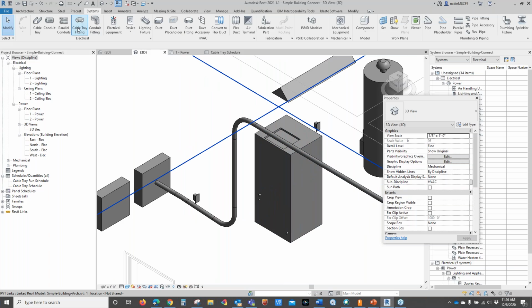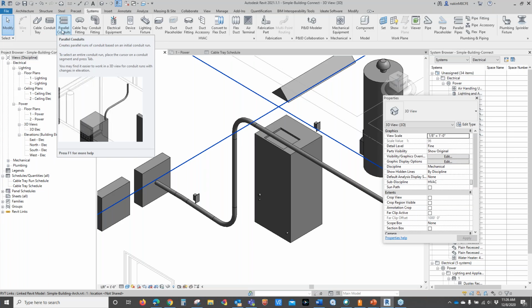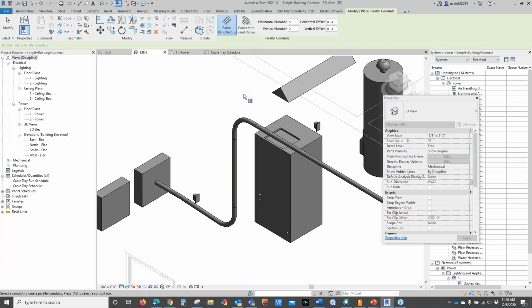And so on the conduit tools, okay, you got the conduit, then you got parallel conduit. Okay, well, I want to hit parallel conduit, and up in the top here it says I want 3 horizontal, one vertical, and I want those to be 4 inches apart. Since I know this is 2-inch conduit, I'm going to place them on this side. So if I just hit tab,